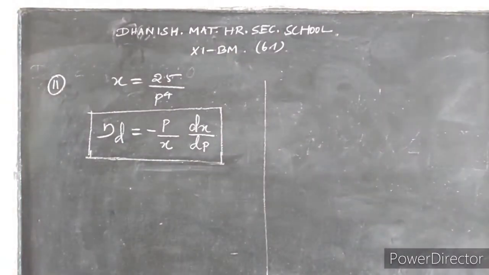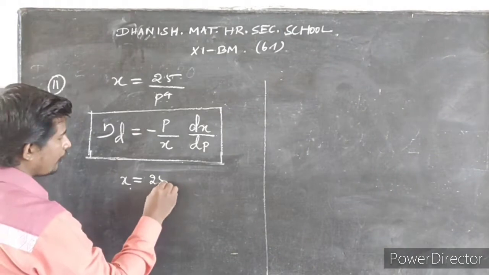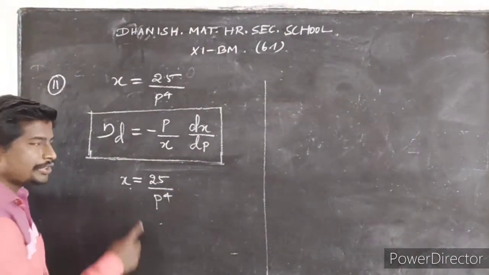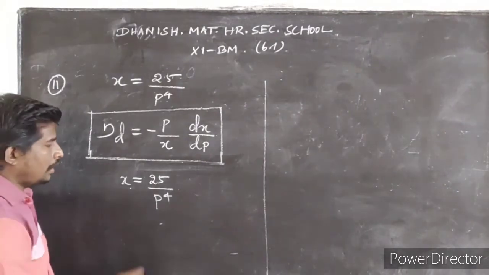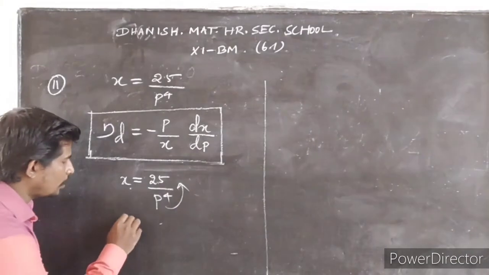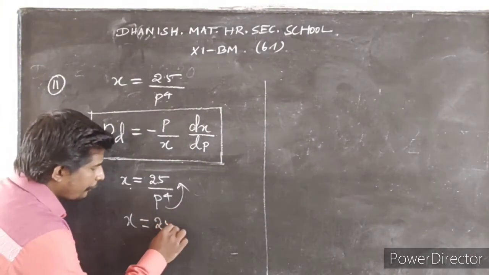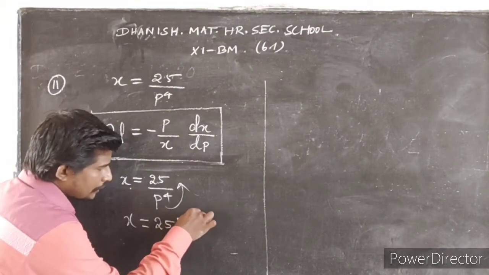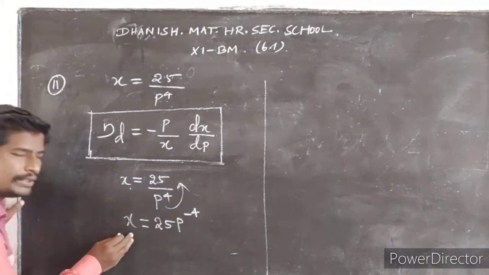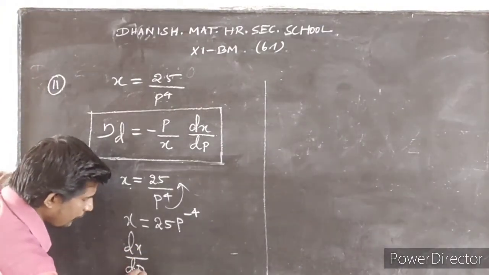Now, I am going to differentiate the given function x equal to 25 by p power 4. Before differentiating this, I am going to bring this p power 4 to the numerator. So our x will be x equal to 25 p power minus 4. Now, I am going to differentiate this x with respect to p. So, dx by dp equal to